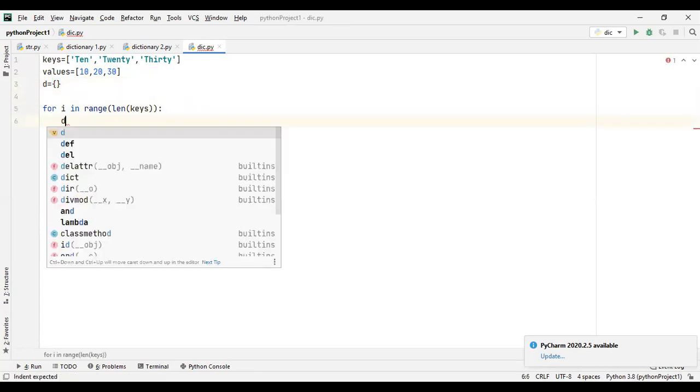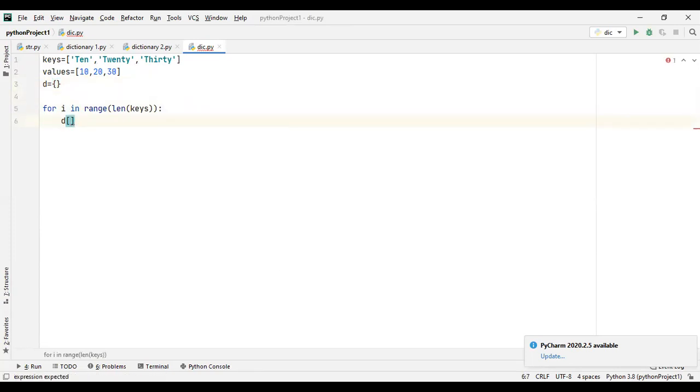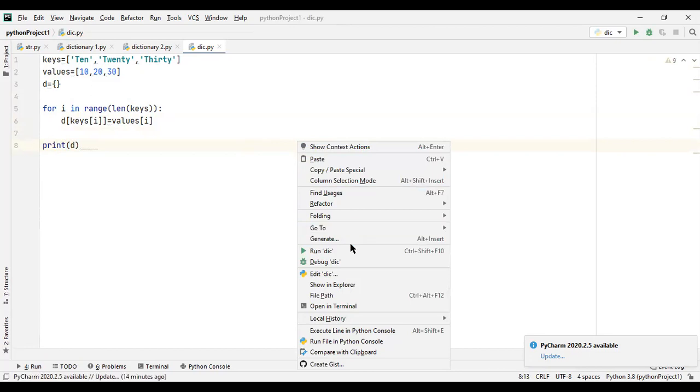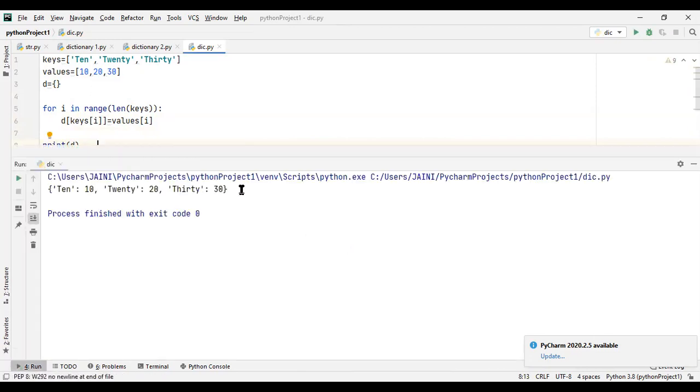And then over here D, keys in the place of I equals values in the place of I. Okay, and finally we need to print the dictionary. Let's run and check if this works. See, we've been able to merge the key and values into a dictionary.